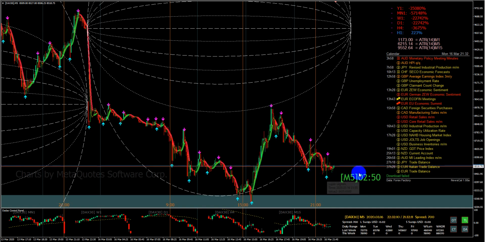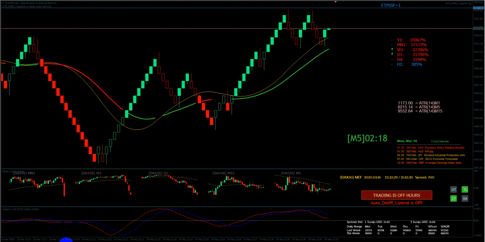Well, the next thing is that the spread has been very wide today. Nevertheless, even though the spread is wide, at this kind of volatility and these kinds of ranges, even a 7 pip spread is basically nothing. It's still tradable. The only thing is that it's not tradable on the Renko charts at my settings of 2.5 pips